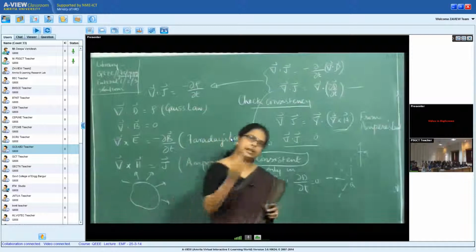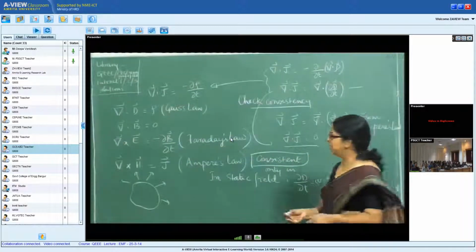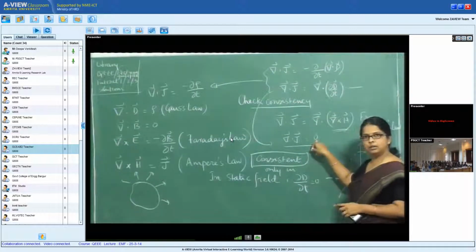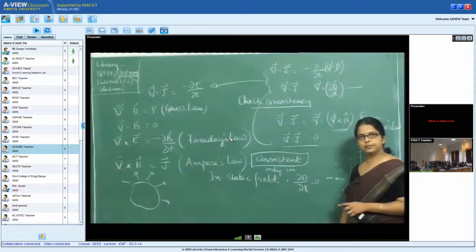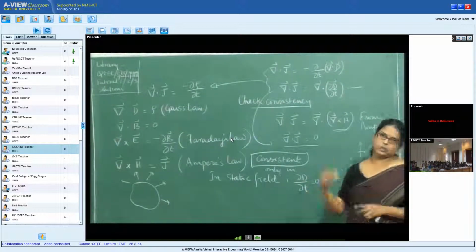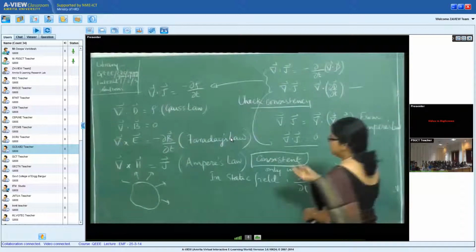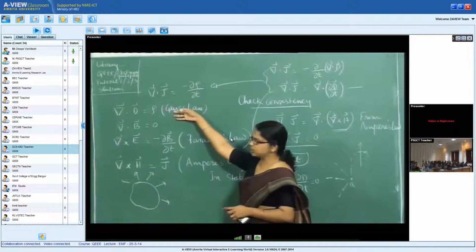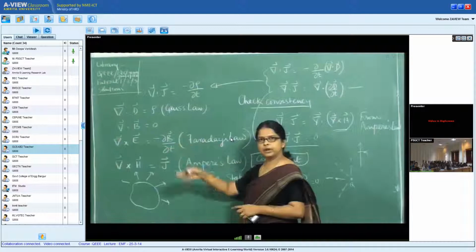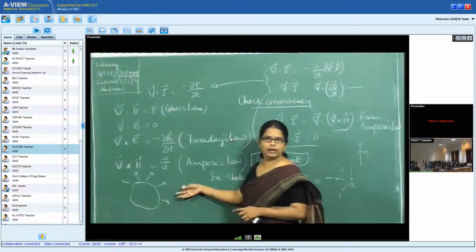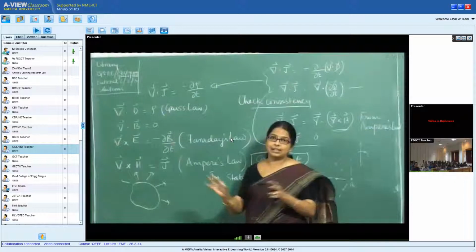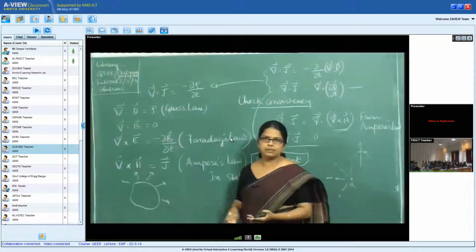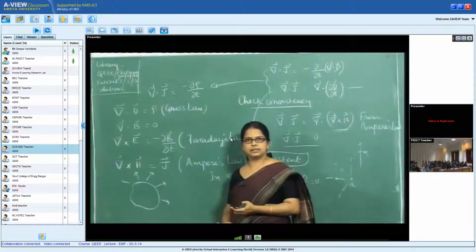So what happens when there is a time varying field? If time varying field, Ampere's law would give me one answer, which is 0, and equation of continuity will give me another answer. That is where Maxwell made his contribution. Even though we call all of them Maxwell's equations, the credit for this is to Gauss, credit for this is for Faraday, credit for this is for Ampere. What did Maxwell do? Why do we call this Maxwell's equation? He figured that all of them are representing the same electric and magnetic field, and he fixed this inconsistency.